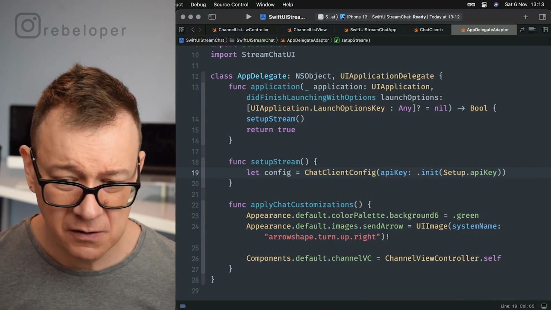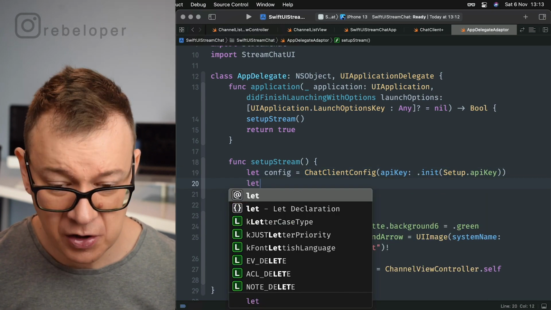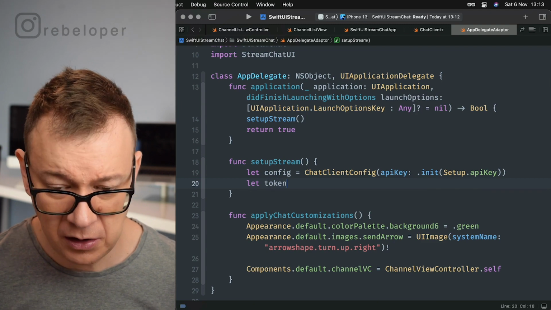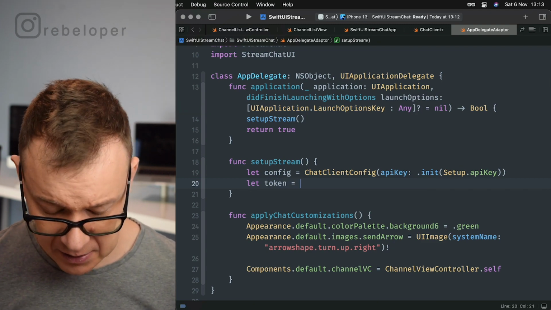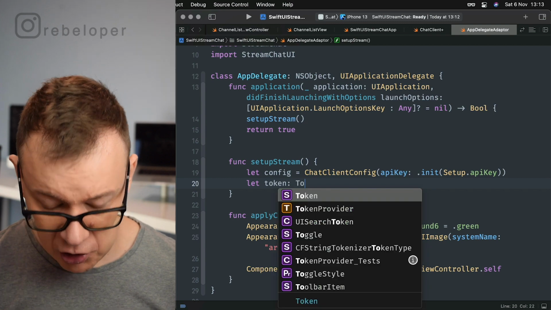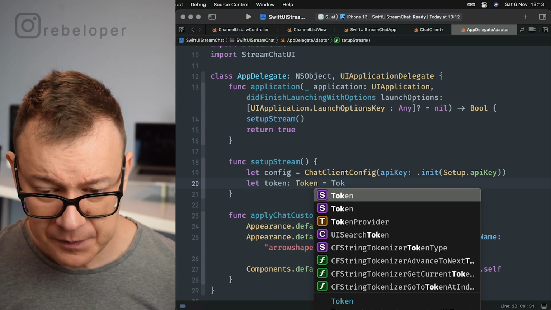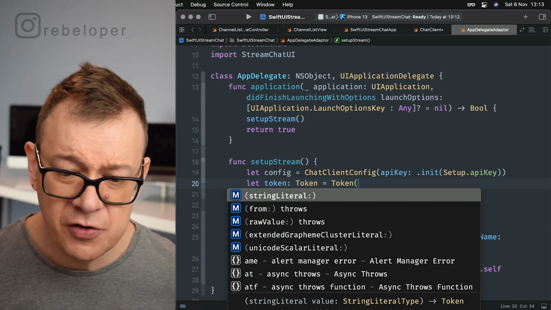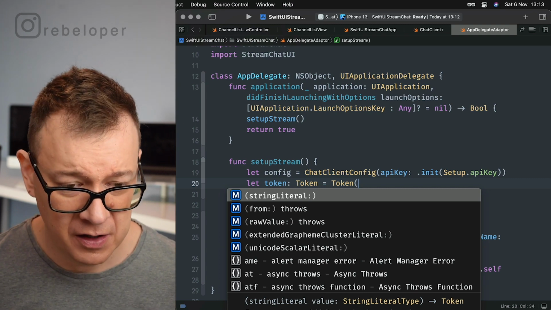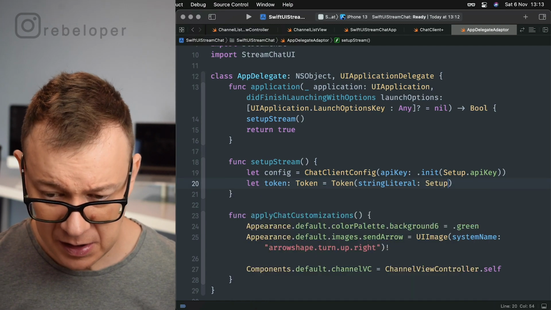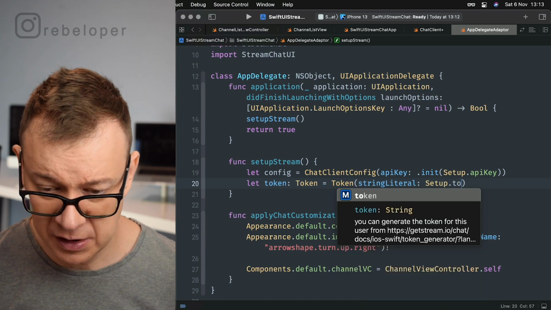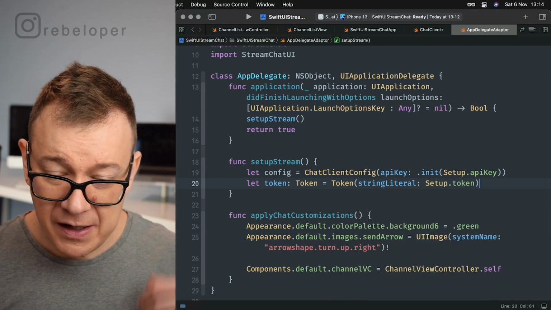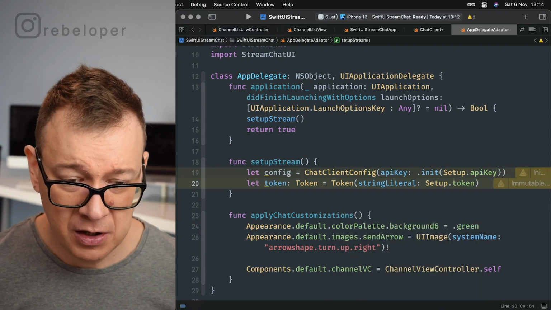Okay, so next up, I'm going to create also our token right over here, and that will be of type Token, and I'm going to use the one with the string literal. So setup.token. Okay.